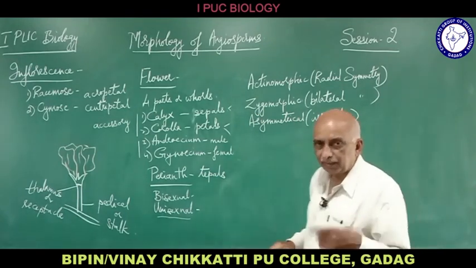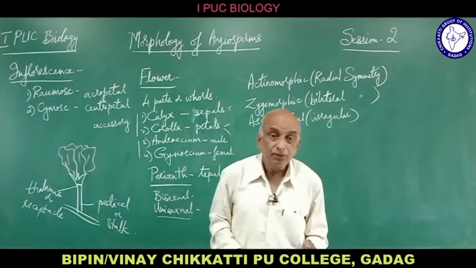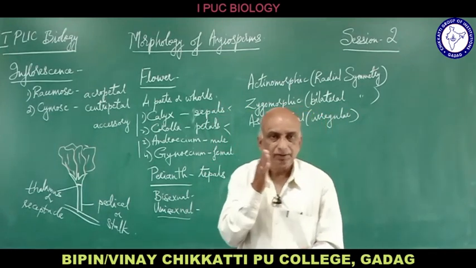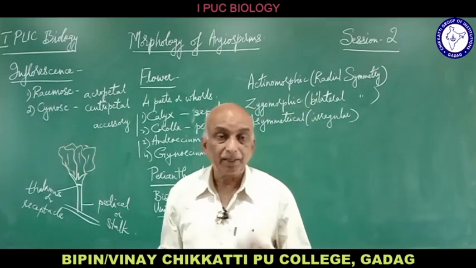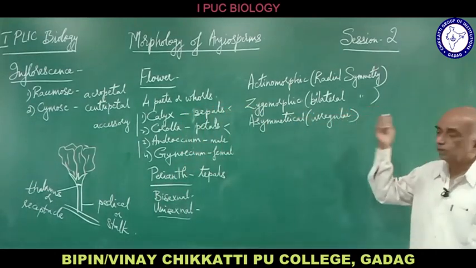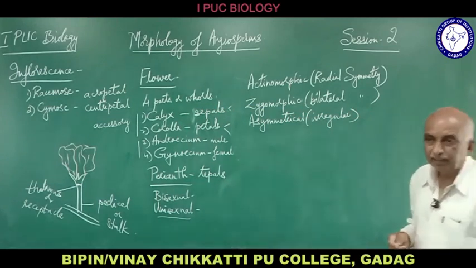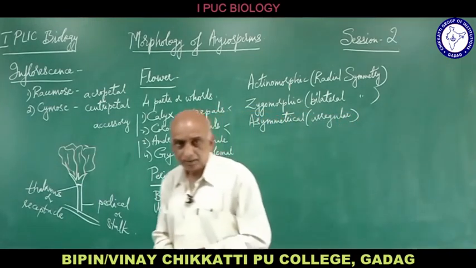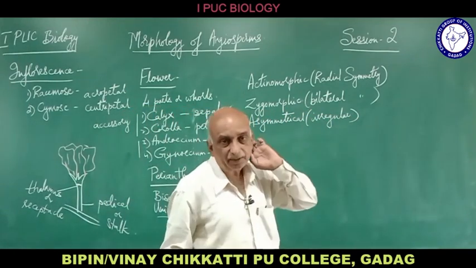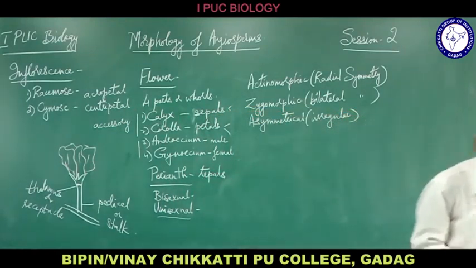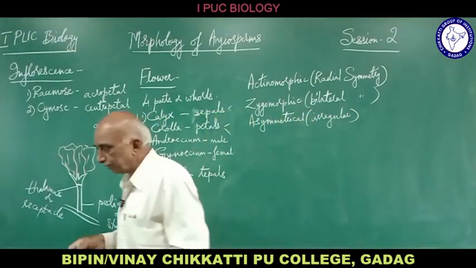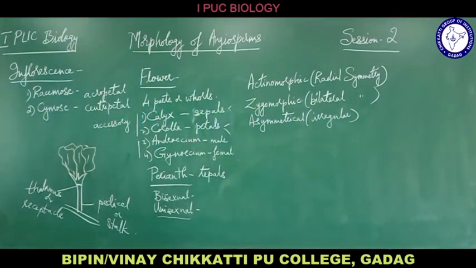Asymmetrical means we cannot divide it at all into two equal halves through any plane. So if you cut the animal through the central axis, we cannot get equal halves through any plane. It is called an asymmetrical flower or irregular flower. For example, canna is the name of a flower which is grown widely, even in gardens. So that flower is an irregular flower which cannot be cut into two equal halves through any plane. So that is the asymmetrical flower. Then that is about the symmetry.